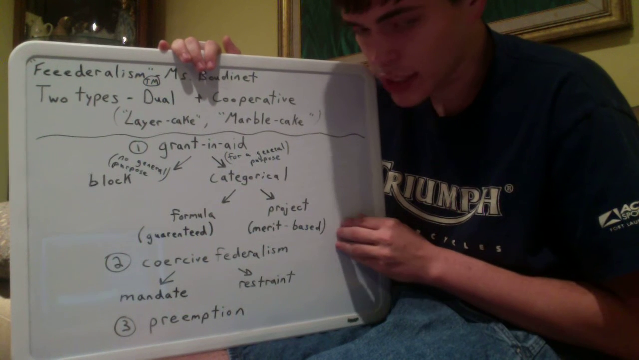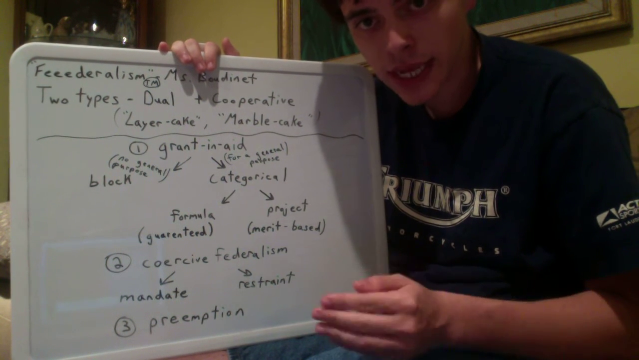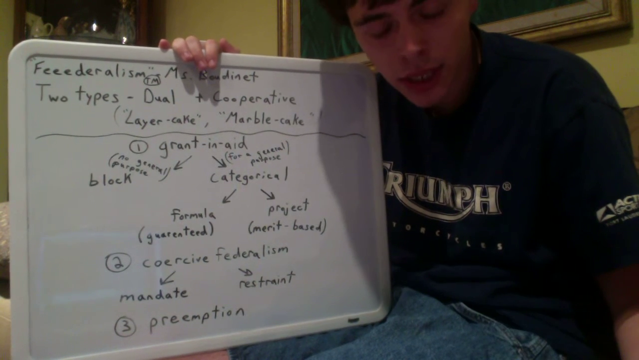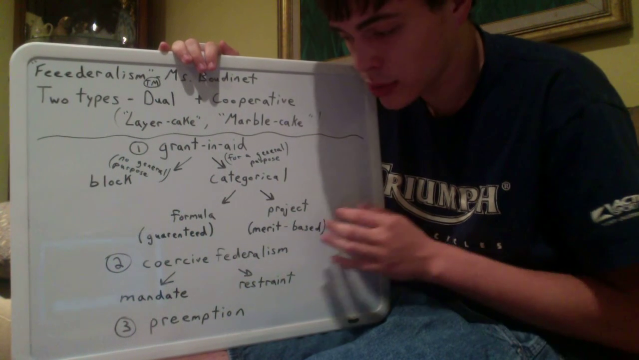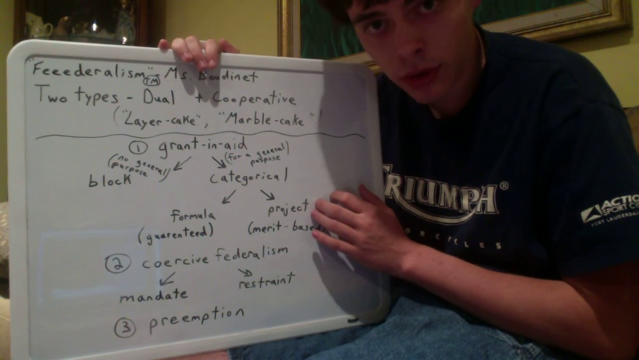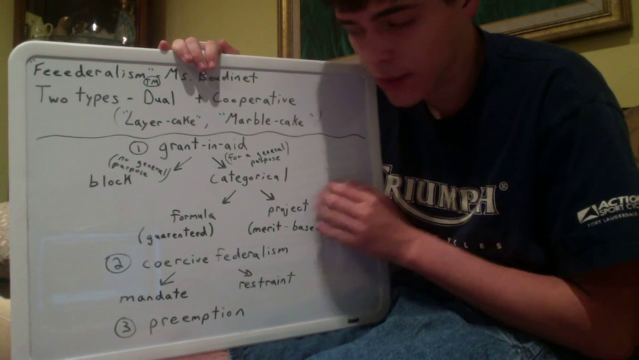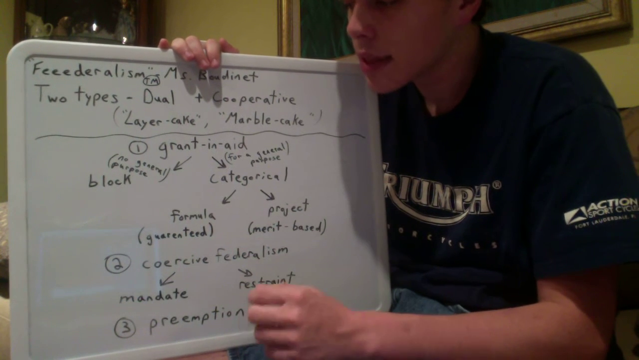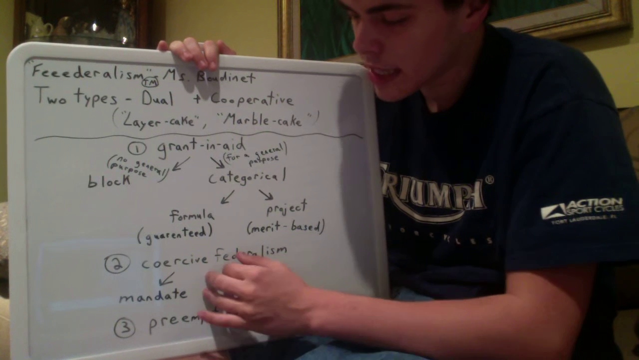But with the project grant, it's merit based. It's based off competition, where states compete against other states, institutions compete against other institutions for the categorical grant. And usually the project grants are worth more money than the formula grants. So project is more competitive, formula is guaranteed through a formula. The second way, and I know I'm going over 5 minutes, but oh well. The second way that